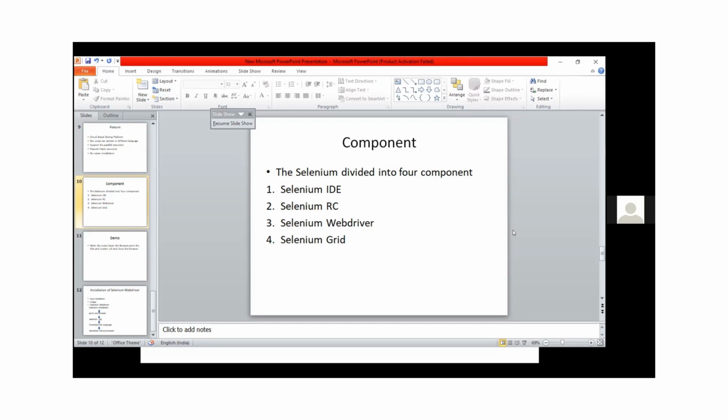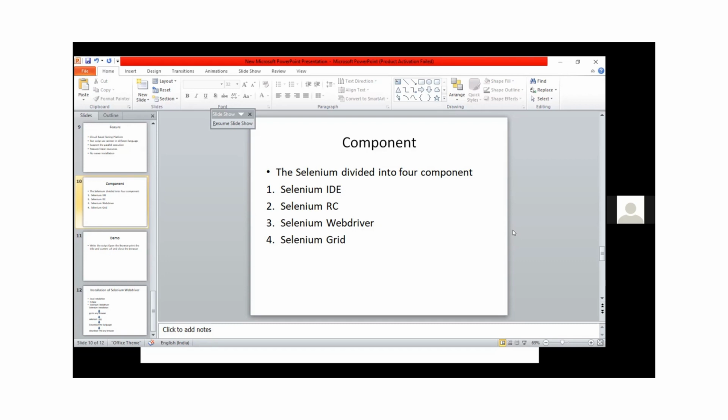Selenium WebDriver is superior to Selenium RC. Selenium WebDriver accepts commands and sends them to the browser. Selenium version 1 means RC, and Selenium version 2 means WebDriver. In Selenium version 1, a server was necessary, but in Selenium version 2, meaning WebDriver, there is no need of any external server to execute the test.